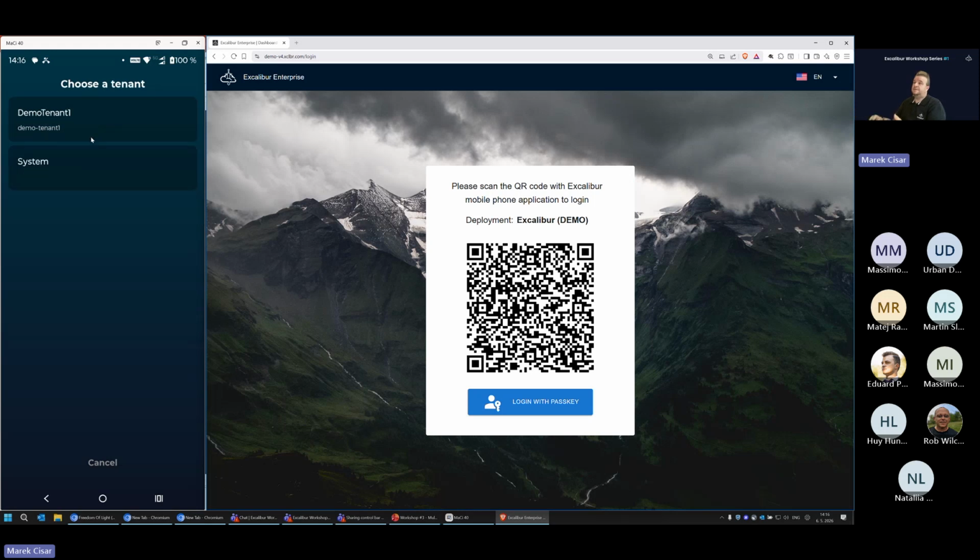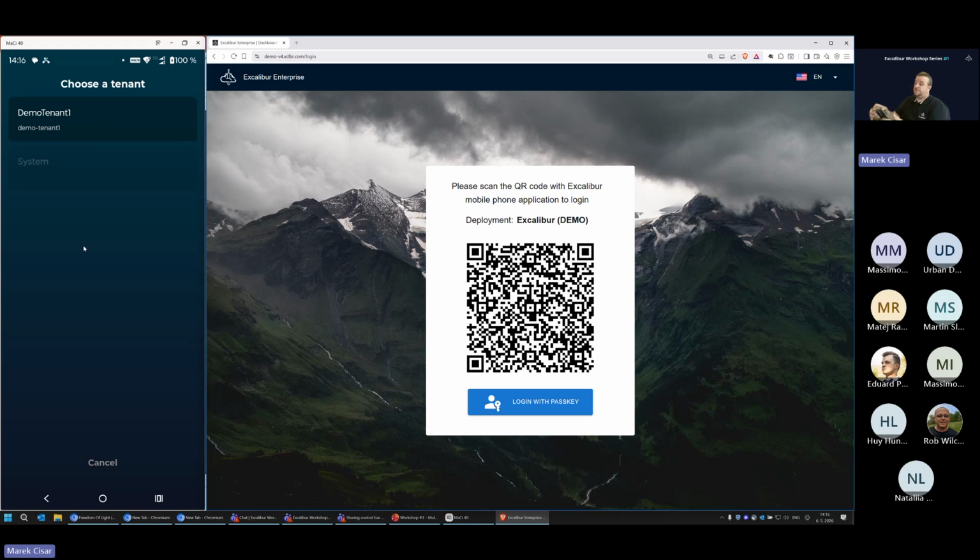So let's check. Now, when I select the proper user, and that user can log into different tenants, the mobile application is asking me to select one of those. So I will do that.